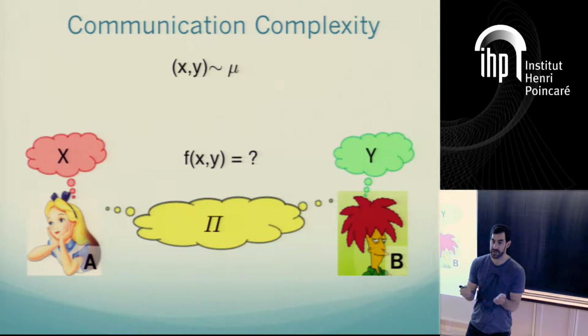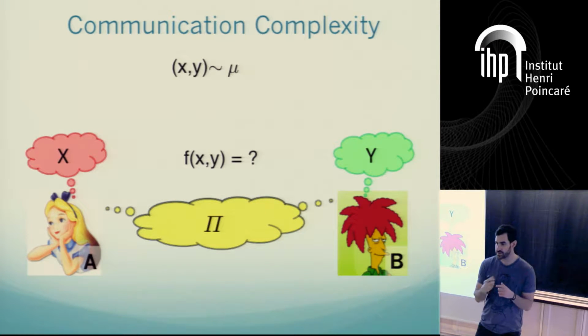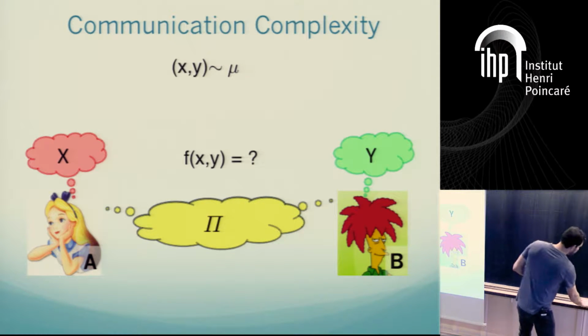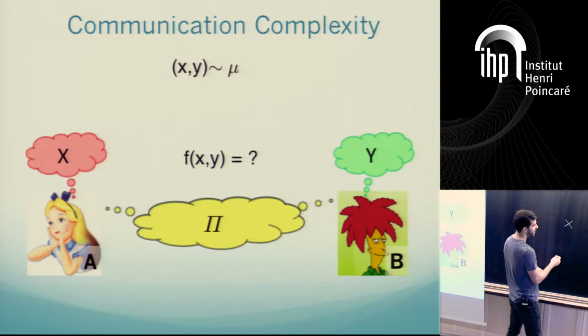This is nothing else but a formalization of a conversation. Each message that a party sends in each round depends only on the input of this player and the history of the protocol. A useful way for stating this property of communication protocols is to say that communication protocols form a Markov chain in the sense that if Alice has input X,